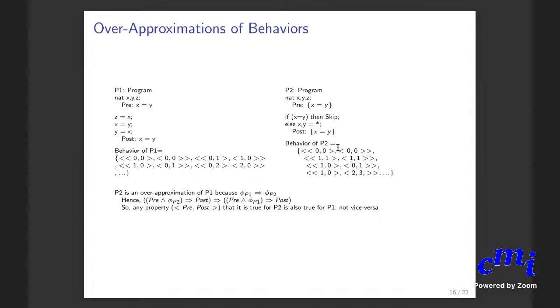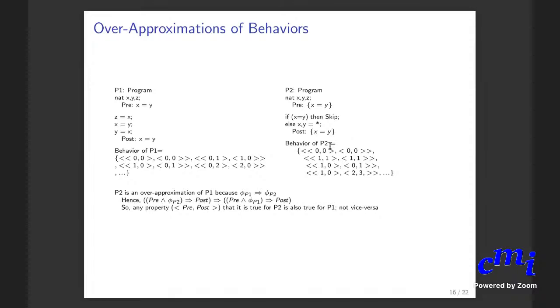That's the property that is true for over approximations, and that's why I'm saying that you could use P2 instead of P1 to prove that property. If you prove the property for P2, then you can also conclude the property holds good for P1. But of course, the reverse is not true: if the property fails on the over approximated artifact program, then